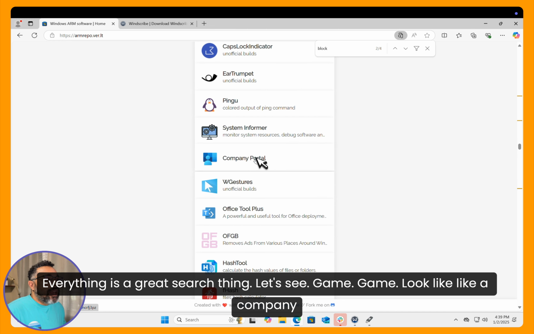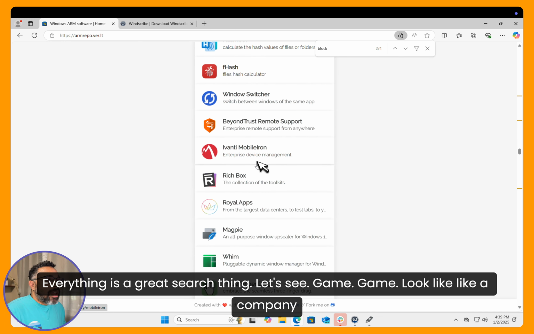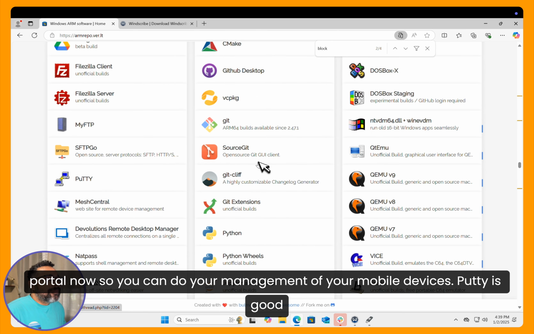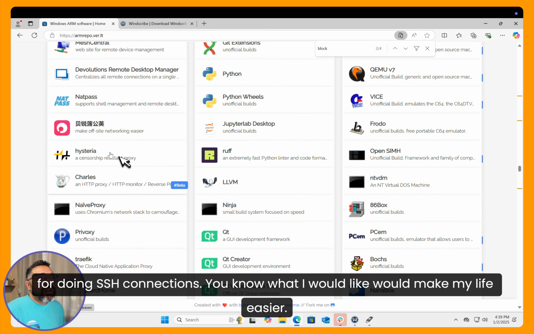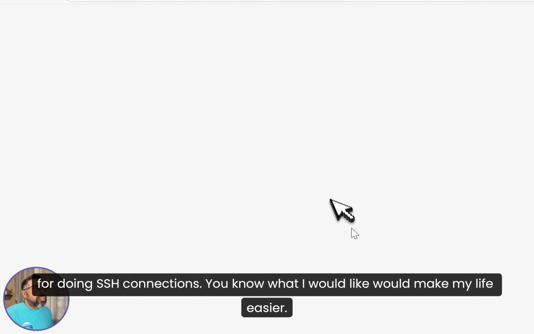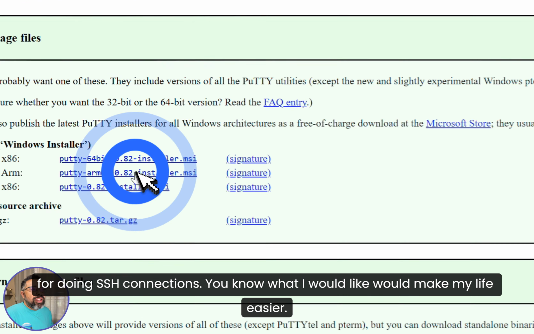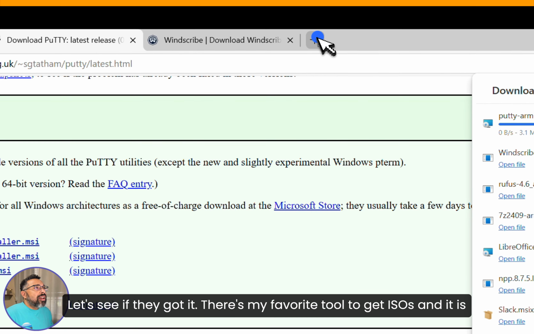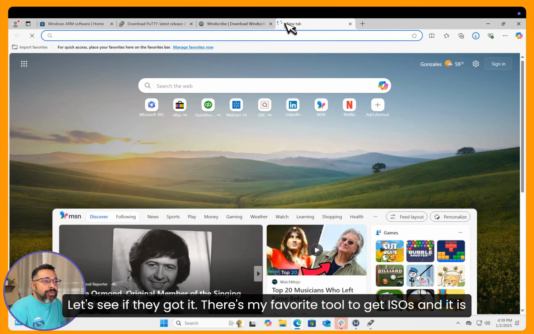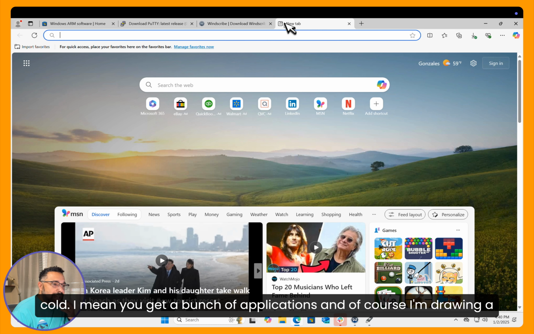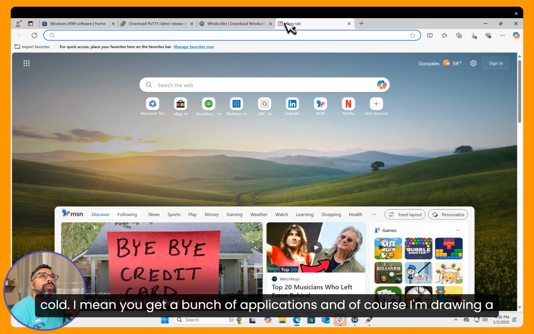thing. Let's see, game. Look at that, they got Company Portal now, so you can do your management of your mobile devices. PuTTY is good for doing SSH connections. You know what I would like, what would make my life easier? Let's see if they got it. There's my favorite tool to get ISOs, and to get a bunch of applications,